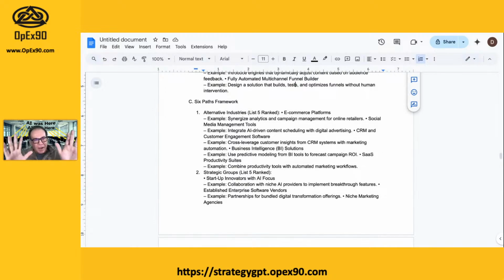I'm not going to go into the full definition. What does the 6 paths mean, right? I'm assuming you're here and you can probably look this up on your own. It says, look at alternative industries. And it gave us 5 alternative industries that we might want to reach out to, right? And take a